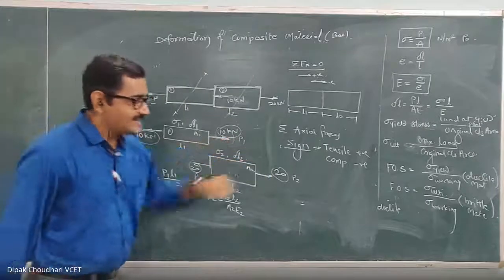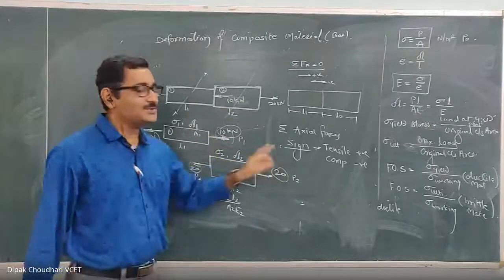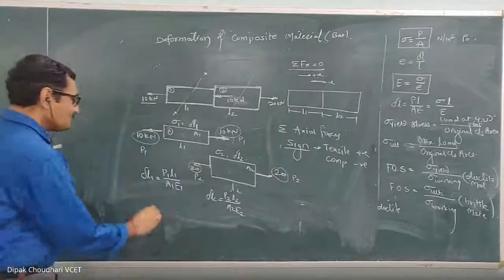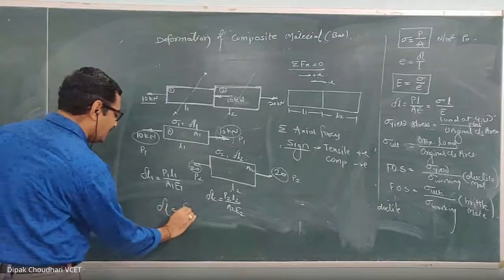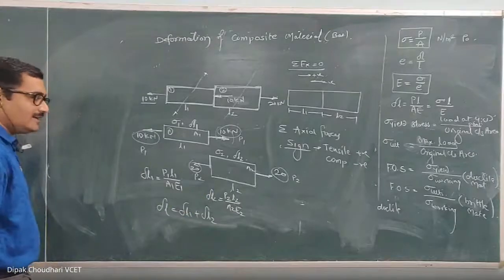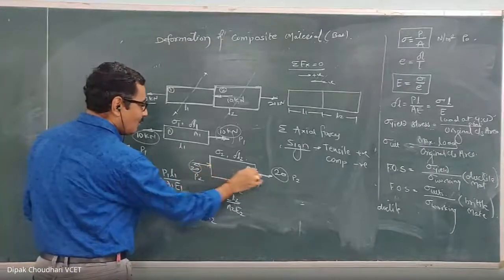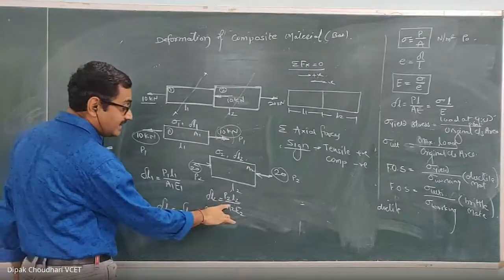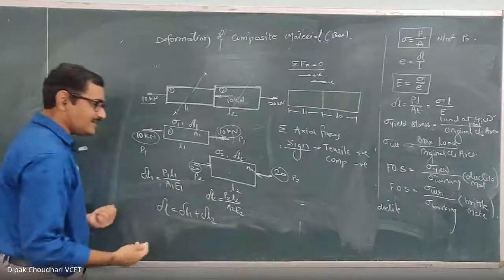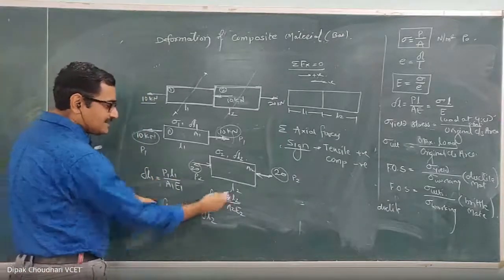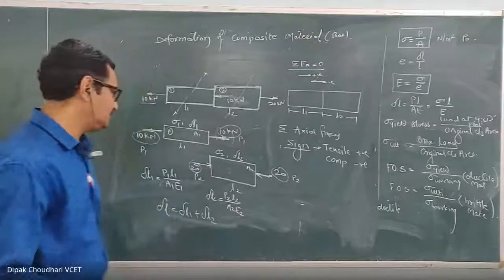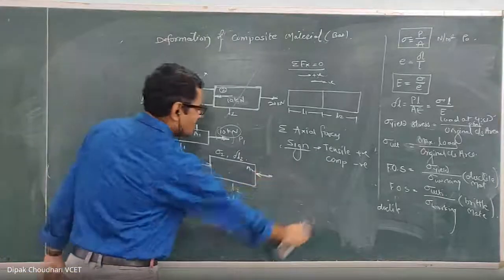Now both are tensile forces. Both components are subjected to tensile forces here. So this is an increase in length, and this is also an increase in length. So the total deformation delta L equals delta L1 plus delta L2, the summation of these two. Okay. Now if suppose this part would have been subjected to compression, then this will be a decrease in length. This will be the increase in length, this will be the decrease in length. Then accordingly you have to take the summation. In that case, increase in length you can take plus, decrease in length you can take minus. Here ultimately you will get the total length. Okay. So this is known as the principle of superposition.